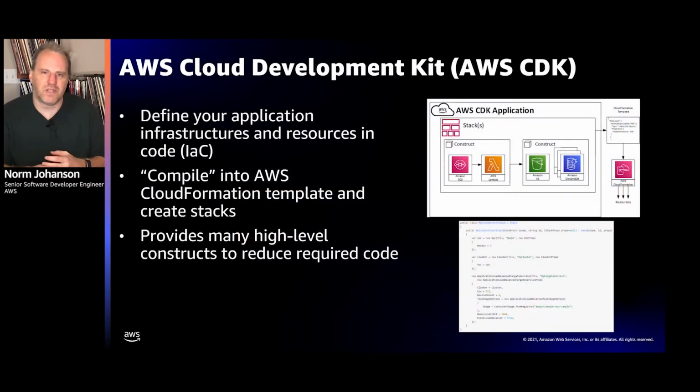Now, if you haven't used the Cloud Development Kit, we call it CDK, that is a product that we have that essentially allows you to define your infrastructure as code. The way I like to think about it is I'm going to write some .NET code, and when I logically compile it, instead of creating a binary, it's going to compile into a CloudFormation template. That template can then be used to go create our CloudFormation stacks.